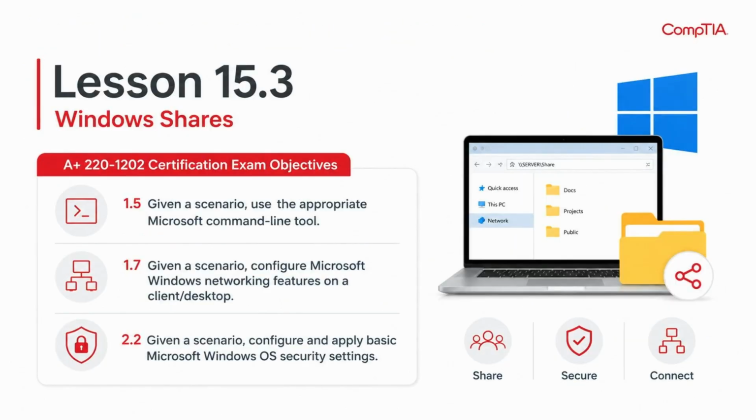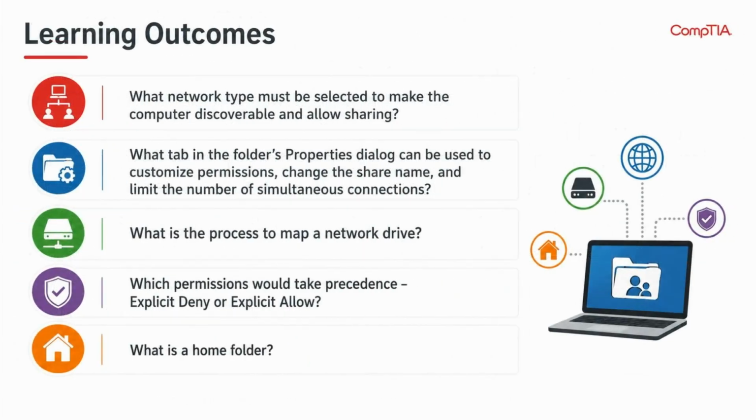Lesson 15.3. Windows Shares. This lesson maps to the A+ 220-1202 objectives: 1.5, command line tools; 1.7, configuring Windows networking features; and 2.2, Windows OS security settings. By the end of this lesson, you should be able to answer: what network type must